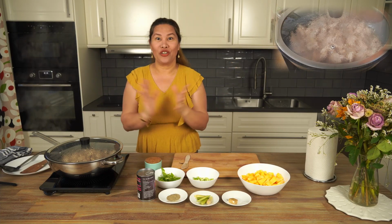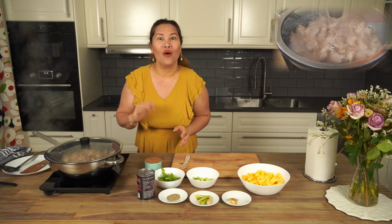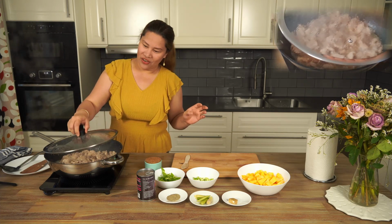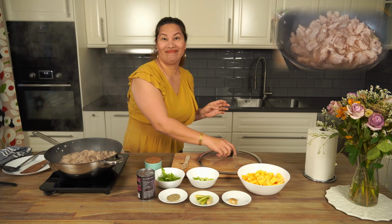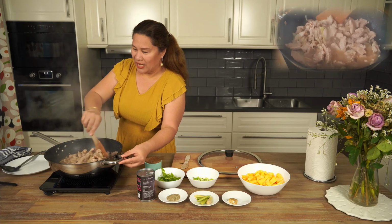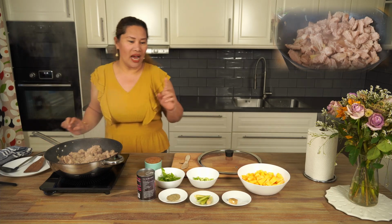And now, after 15 minutes, we cook our pork. We're going to check, mga cooking ina. Oh, yay. Look at that one. It smells good, mga cooking ina. We're going to mix, mga cooking ina. Then, we're going to add our